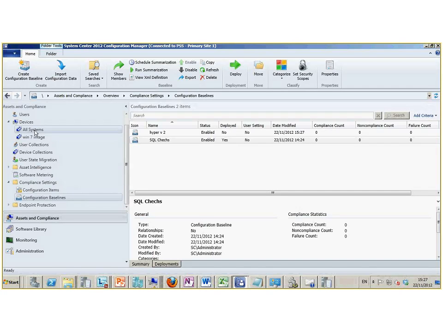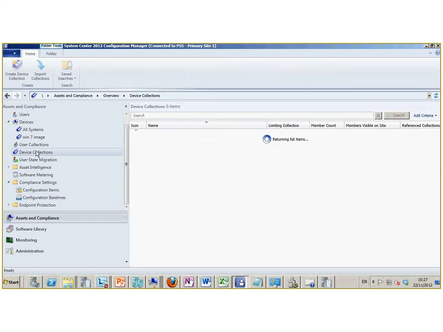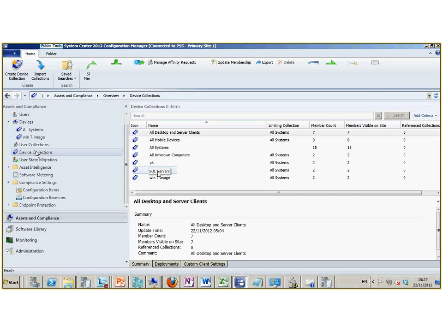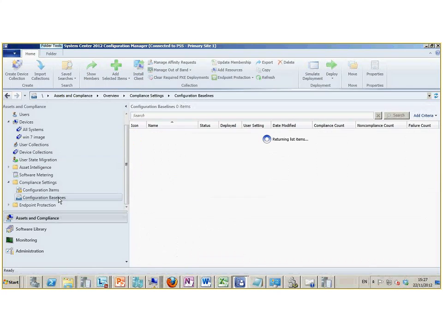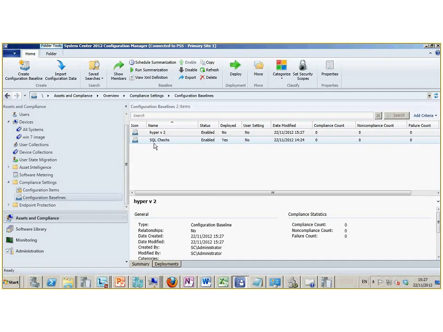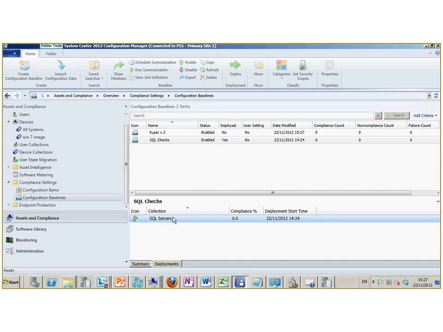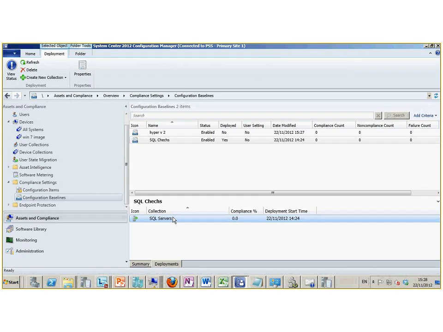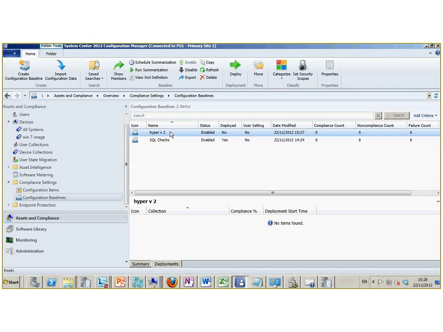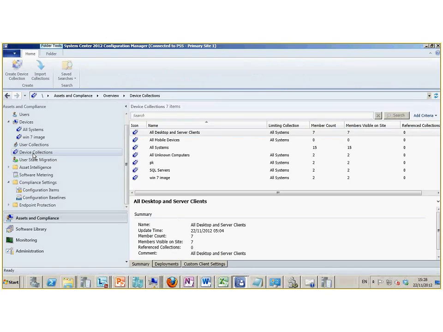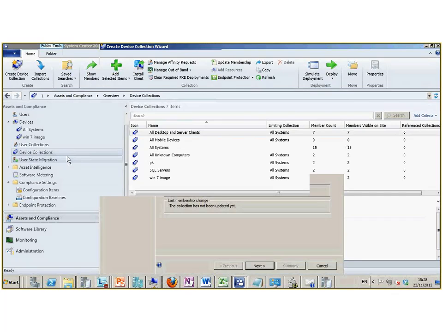In this example here, I created a collection for SQL servers. And then in my baseline here, SQL checks is deployed to SQL servers. So sort of to close the circle, how would I advertise Hyper-V check to Hyper-V servers? Okay, and then it's as simple as this. I'd create a device collection,